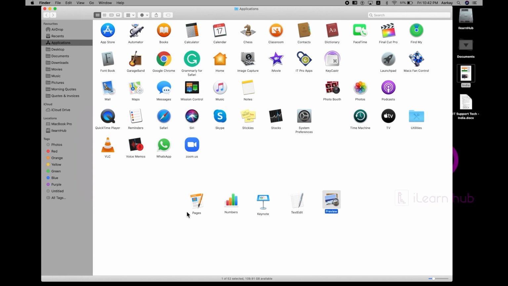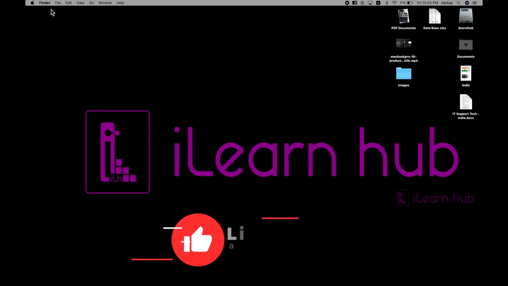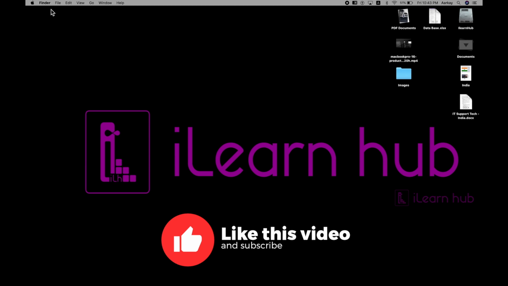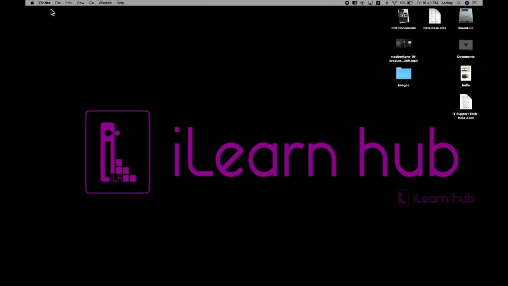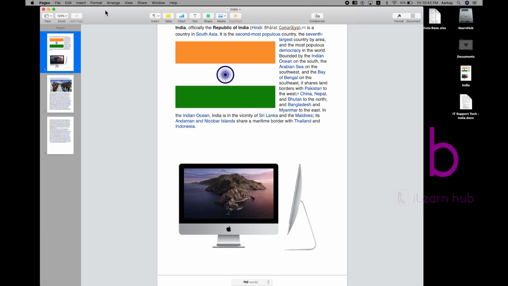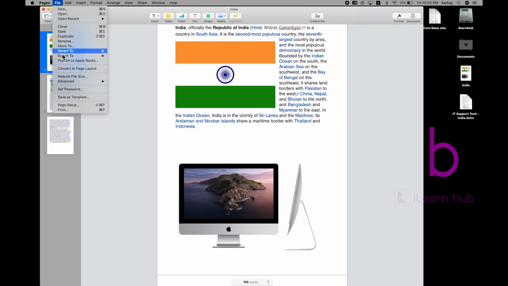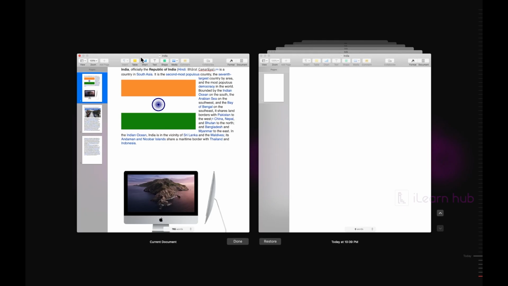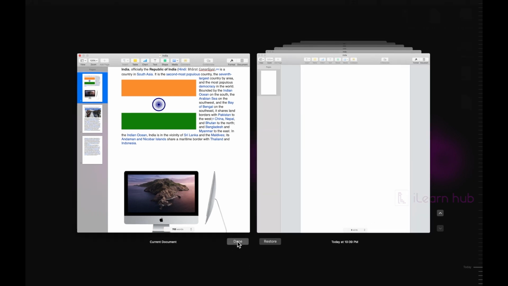These 5 applications are compatible with the Browse Versions feature. So what are versions? Whenever you save your document, it automatically creates a proper version inside your Mac operating system, and whenever you want, you can recall that one back. This is the advantage of the versions feature. If you want to see it again, go to File, Revert To, and click on Browse All Versions. It will show all the versions from the last 1 year. You will see the complete timeline on the extreme right hand side of your screen. So this is how you can use the versions feature.